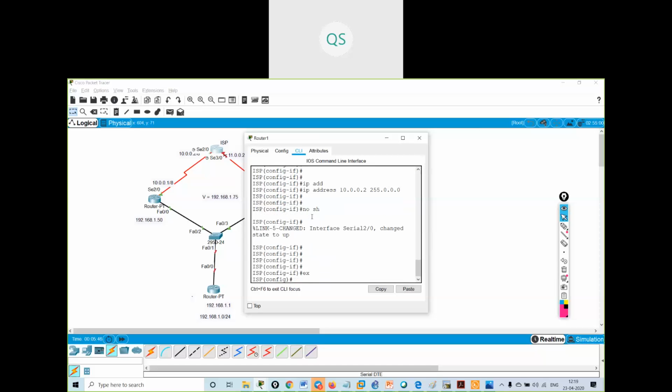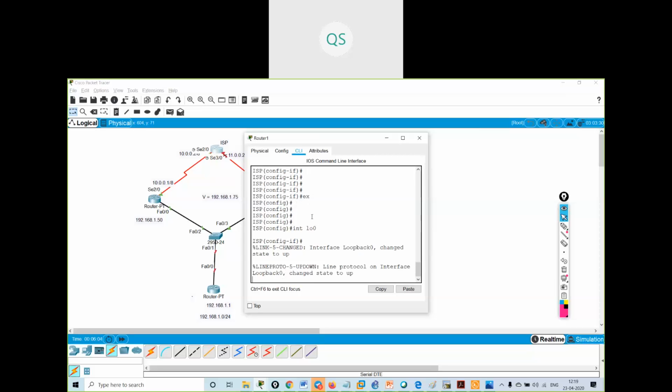Exit, interface serial 3/0, IP address 11.0.0.2 255.0.0.0. Okay, exit.